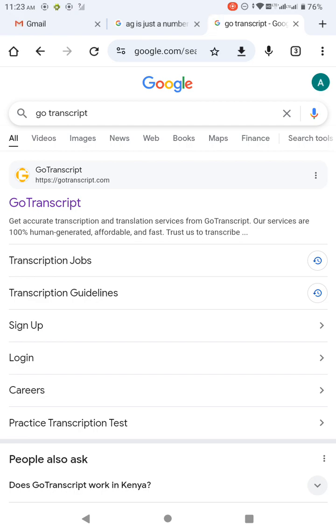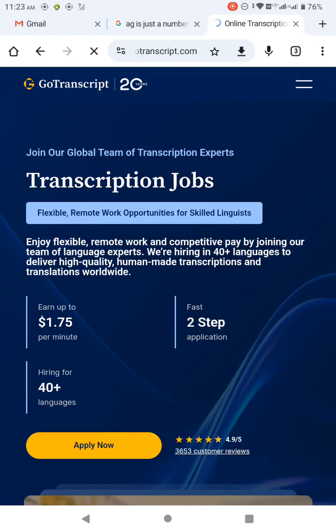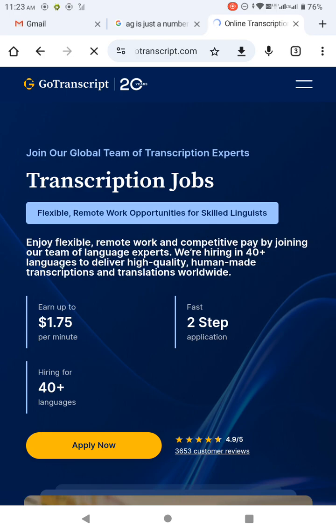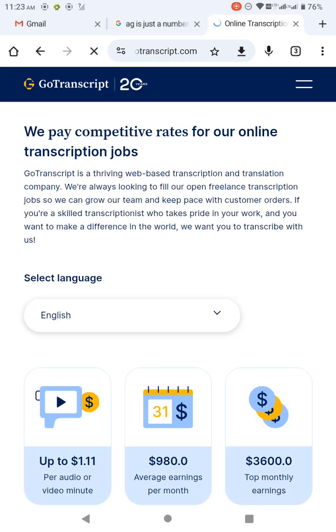This will take you to the application page. So I'm hitting transcription jobs. You now have to start your application, and on this application page, click on Apply Now and choose your preferred language from the list of provided options. You can see the list is long. They are looking for